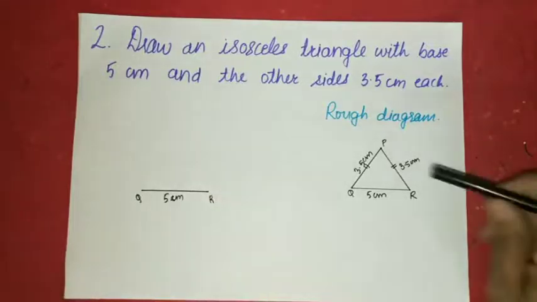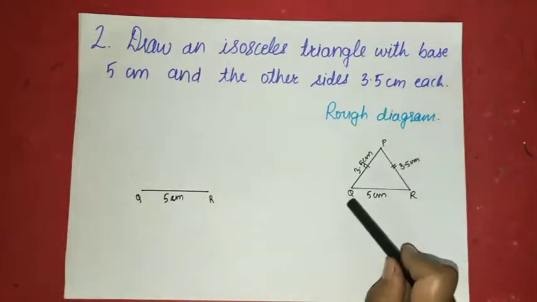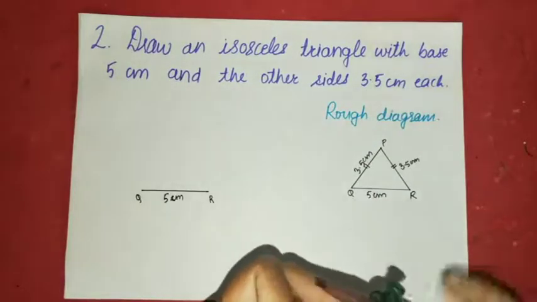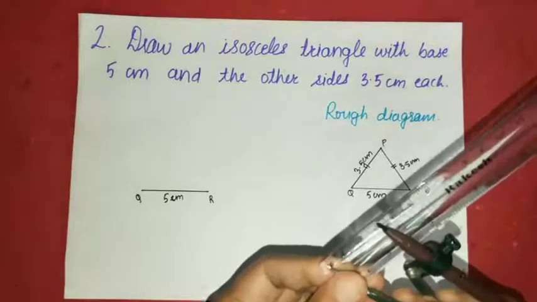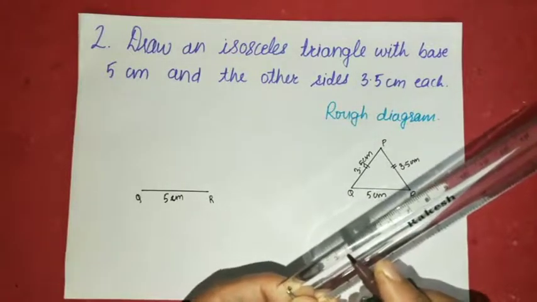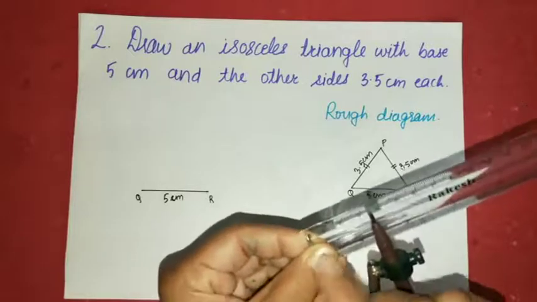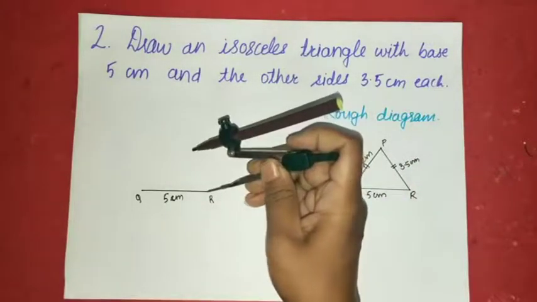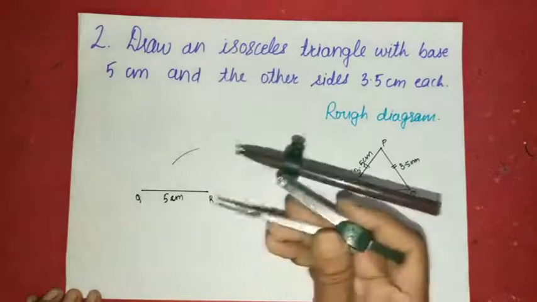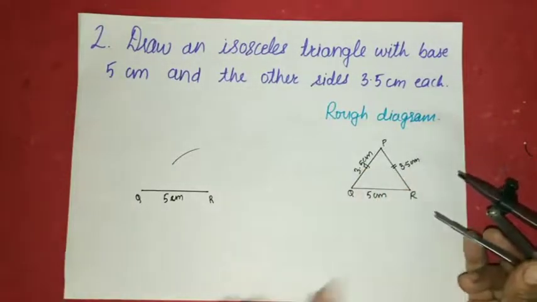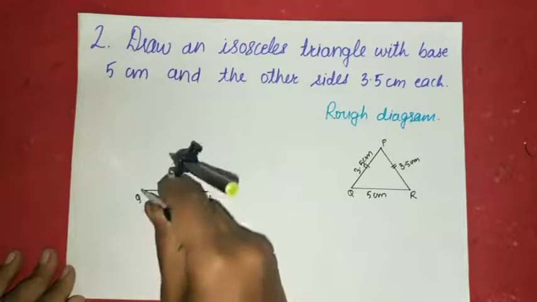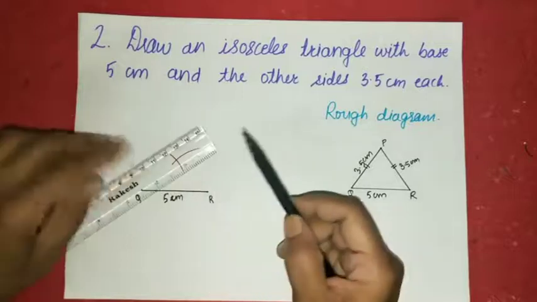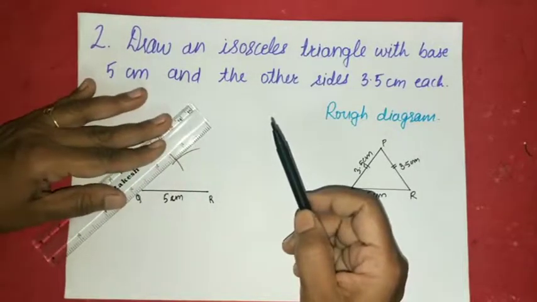Now we have to give the arc of 3.5 cm both from the vertex Q as well as vertex R. Now take your compass, adjust it using the ruler. Put the needle end on 0 and stretch it up to 3.5 on it. See, the needle end is on 0 whereas the pencil end is on 3.5. Now give the arcs from both the vertices. First give the arc from vertex Q without changing the measure because both the lengths are of the same size. Now give the other arc from the vertex R. Now join this intersecting point with vertex Q and then with vertex R.